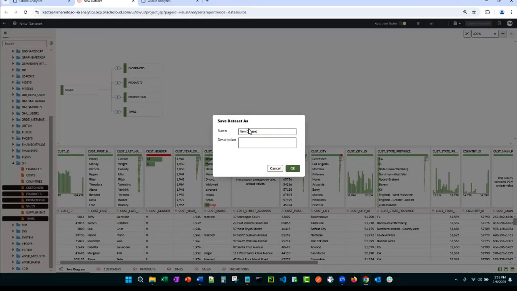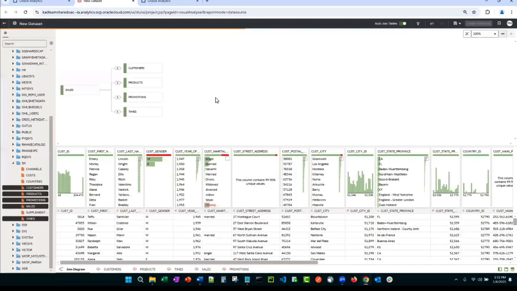And to see what this looks like, I'll just save it as a multi-object data set. And as soon as it's done saving, I want you to see what it looks like on the front end for the user if they were going to visualize everything. So this opens up in the workbook editor.